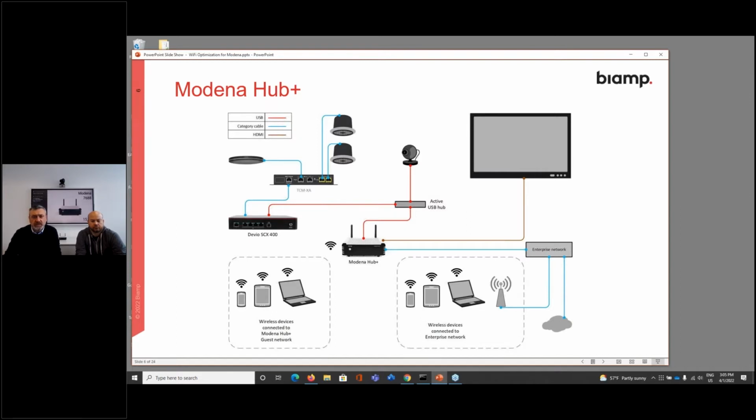Using Modena Hub Plus, the configuration of the network is very easy because the guest can connect directly to the integrated access point. You can publish on the display, so on the welcome screen, the SSID and the password, so the guest easily can get into the meeting room, connect to the SSID, and start sending the presentation, for example. So very, very easy in terms of network configuration and very nice user experience. In this case,